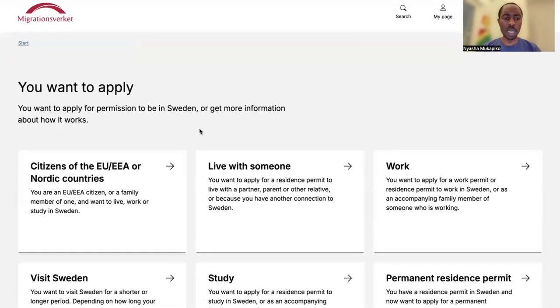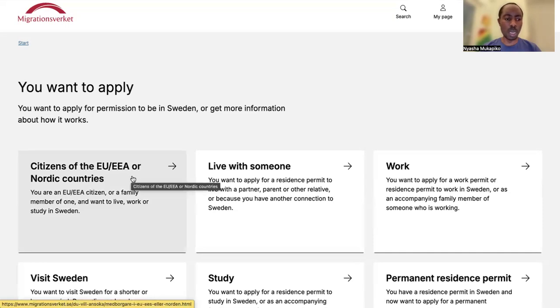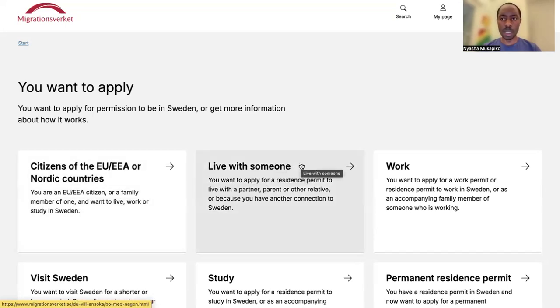And once you have clicked here, it will show you the following information. You want to apply for permission to be in Sweden or get more information about how it works. So, citizens of the EU, EEA, or Nordic countries, I'm going to ignore that because I'm specifically focusing on international students who are coming from outside of the EU countries.